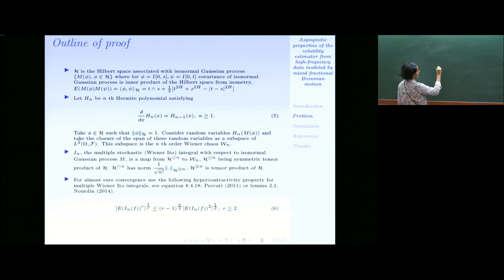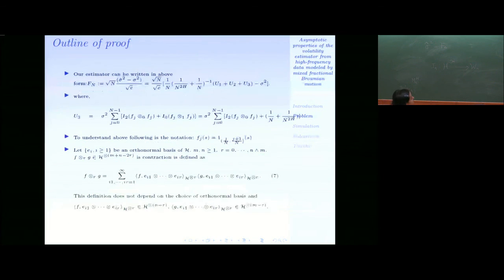This is a map from these two spaces, where H is the symmetric tensor product and it has a norm. And what is Wn? Wn is, you take the